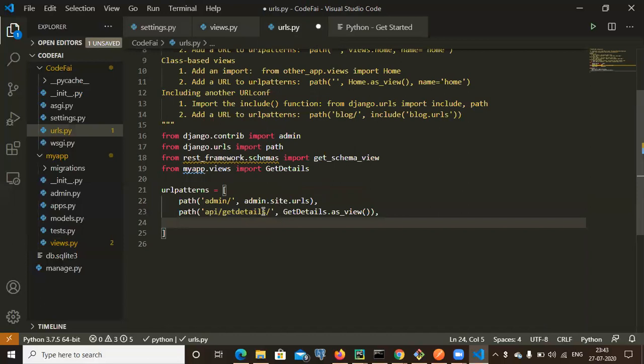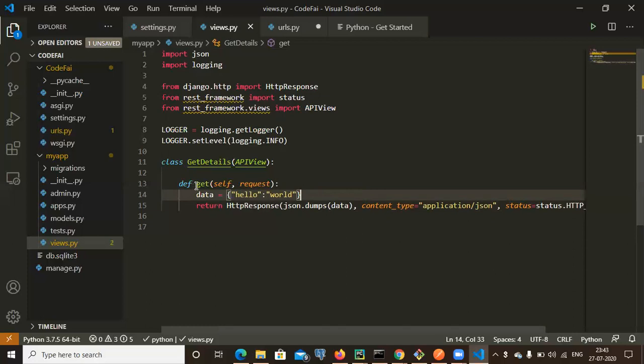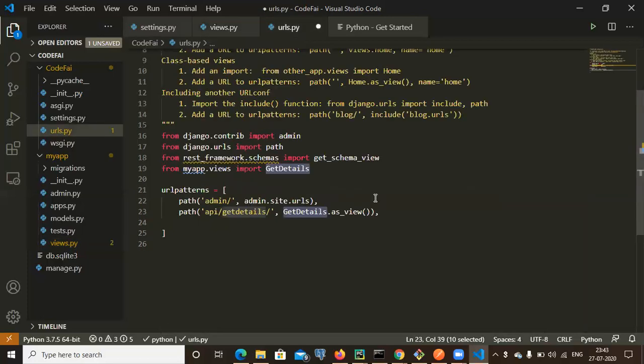So actually what I am doing over here is, whenever this API is called, this function will be called from this class, from this myapp.views file, right? And according to the method, whatever type of method we are calling, that function will be called from here. Suppose we call a get method, so it will get. And suppose we give a delete method, the delete function is not here, so it will give some error actually. So now I'm going to use only the get API for this video. So let me save this file.